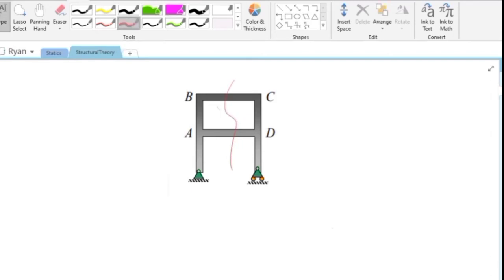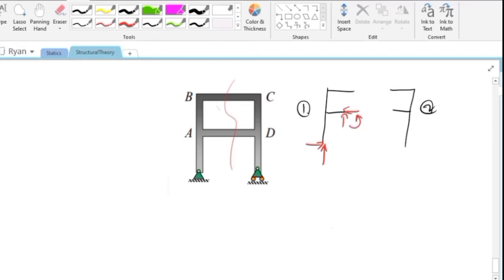So, hatiin natin yung ating frames into two parts. The number of members, we have 1, 2, and for the number of reactions, we have here 2. So dito, since this is fixed support, kung babalikan natin yung idea ng internal loading, meron tayo ditong tatlo,